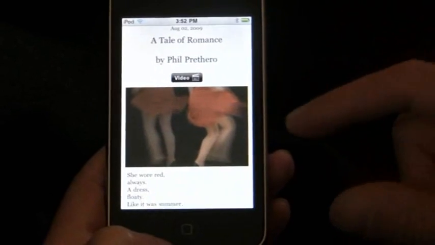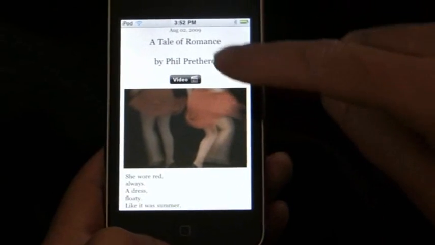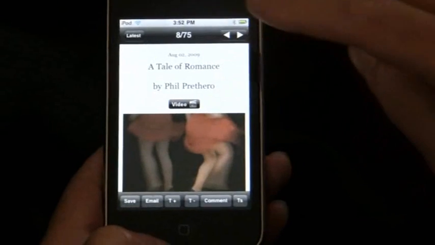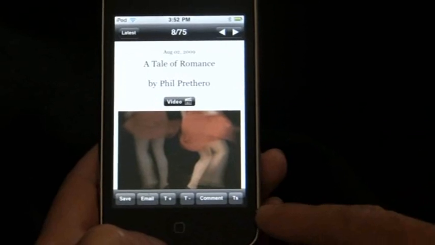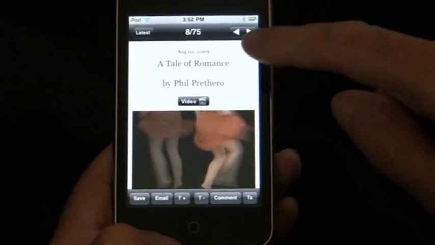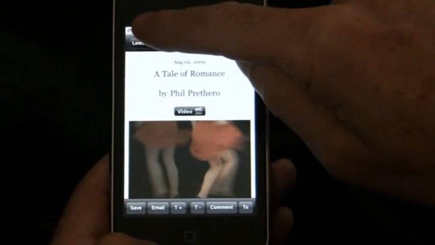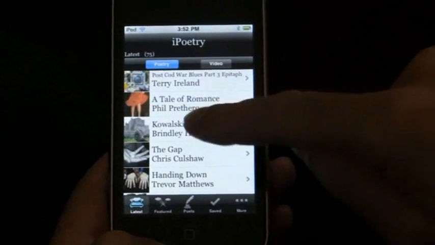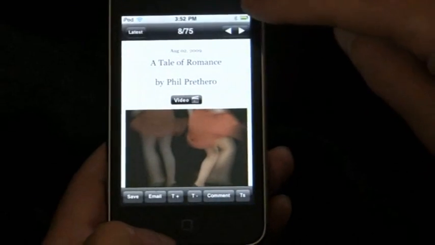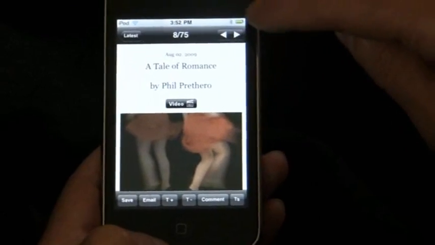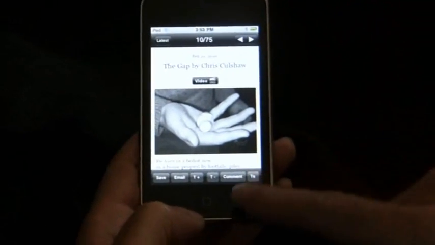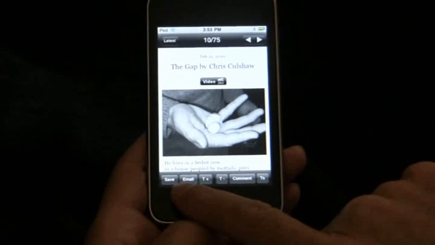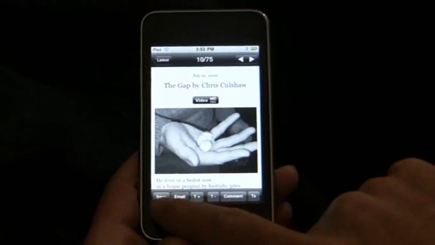And this is the leaf page, and in the leaf page you can double tap to fix the tab bar at the bottom and the navigation bar at the top. From here you can go back to the previous menu or go in again, and at the top you can scroll from one poem. So this is a leaf page, and within the leaf page you can see down at the bottom these are the commands you have. You can save a poem,